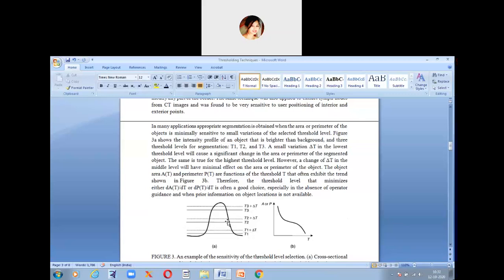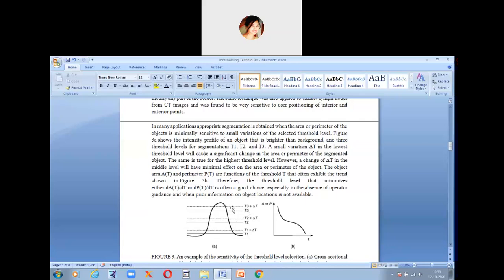So what they are trying to show here is that you can obtain segmentation in a lot of ways. Suppose you are taking an already segmented object, and this is its area or perimeter.